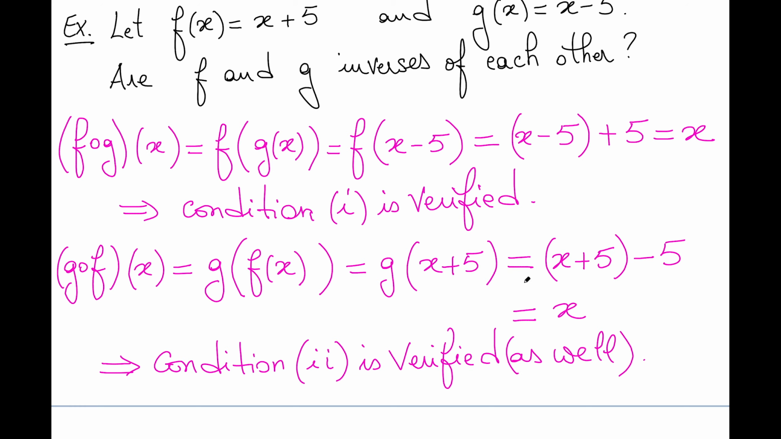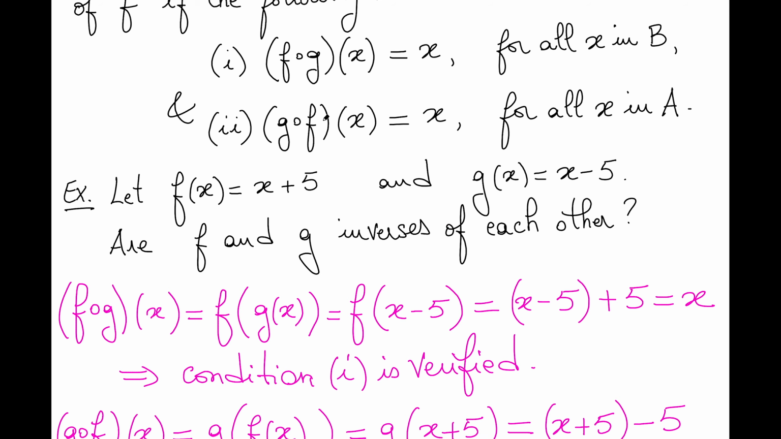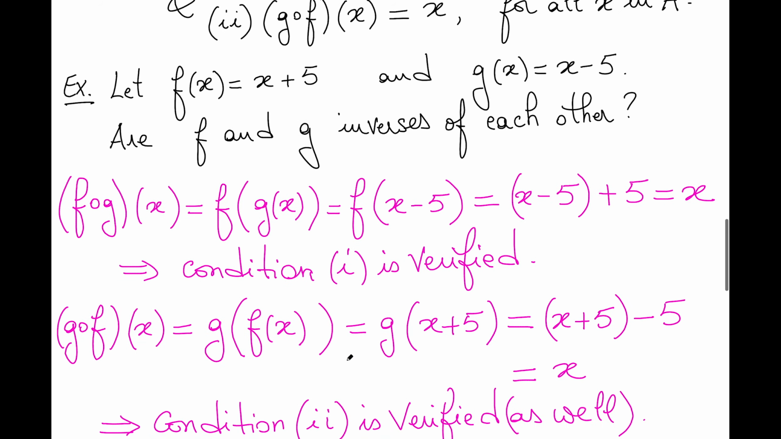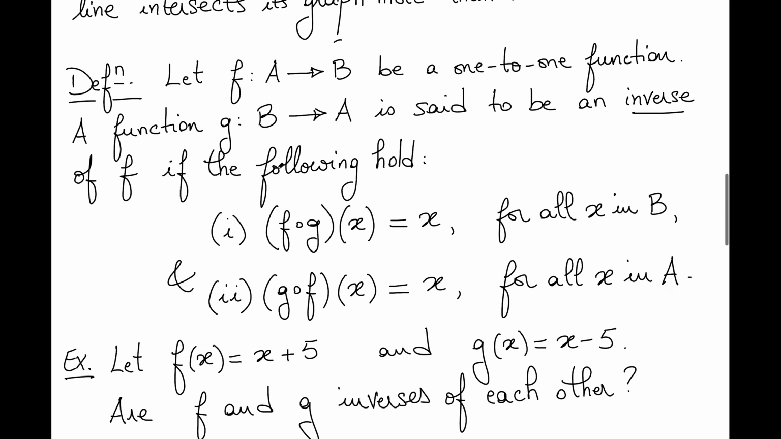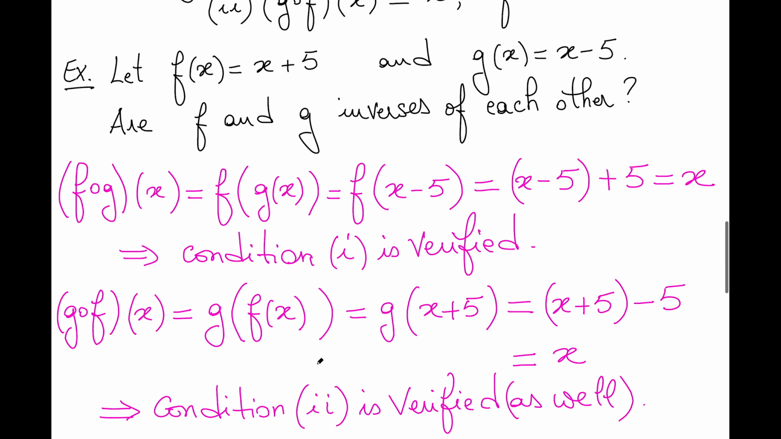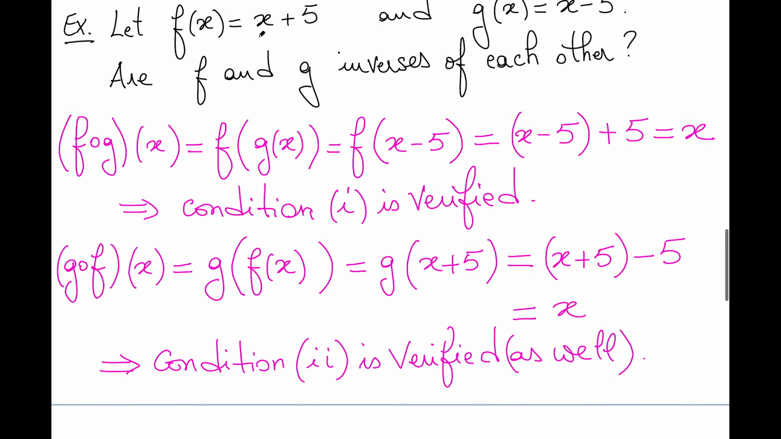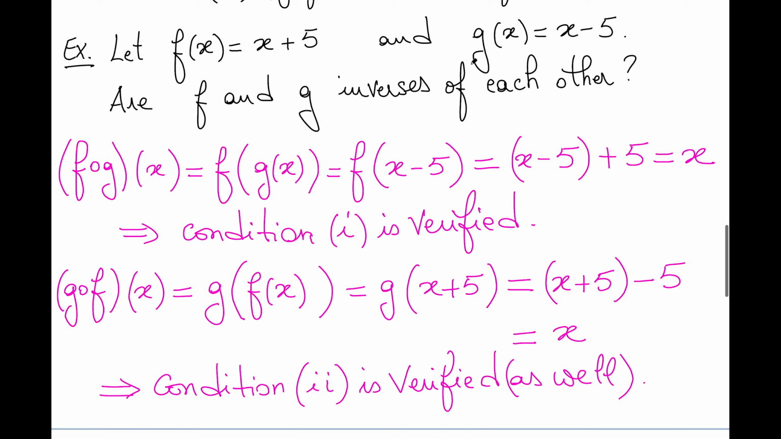Okay. Long story short, both conditions are verified, 1 and 2. And if functions f and g verify both of these, they are inverses of one another. So we infer that, as expected, this f and this g are inverses of one another. So I'm just going to say here, yes, since